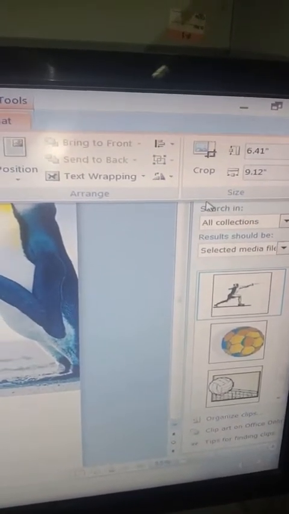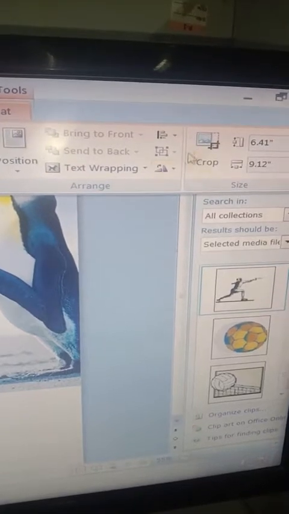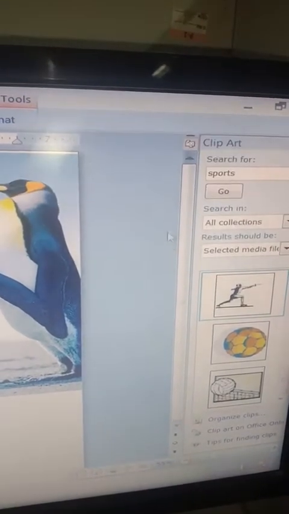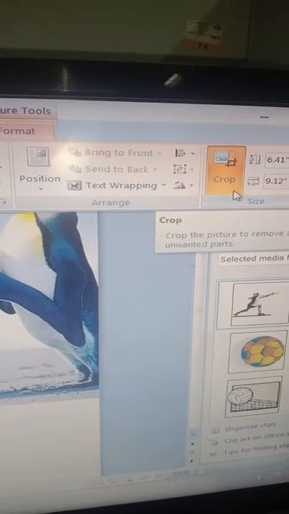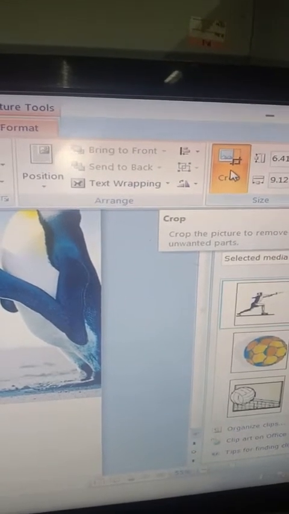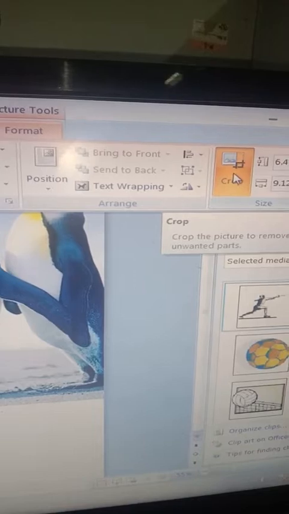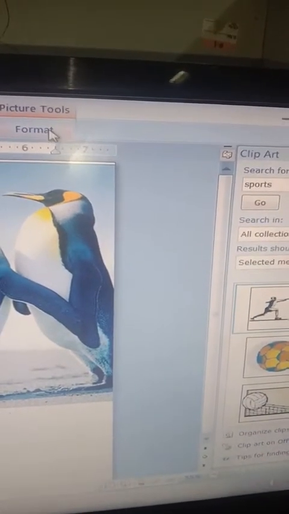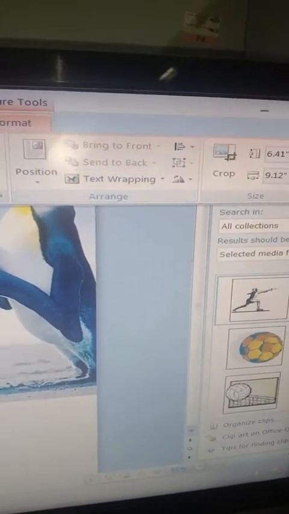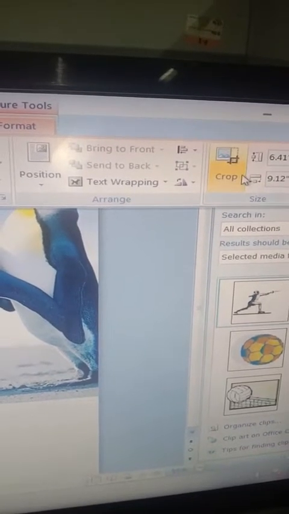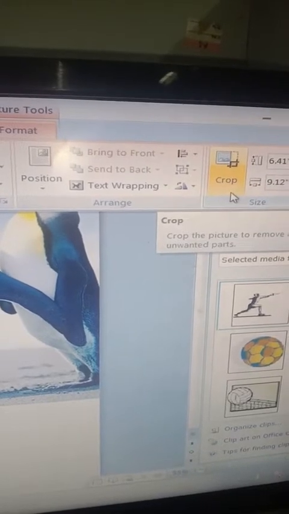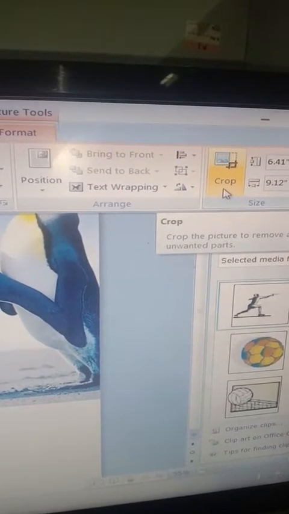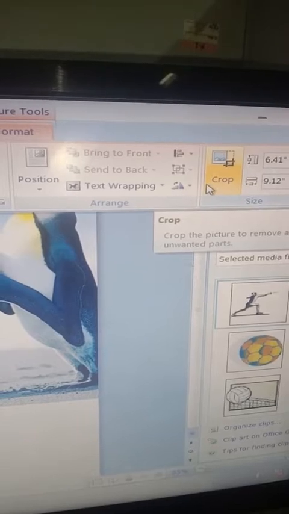Now what is a toggle button? Toggle button means once when clicked, it changes into the golden color. This means that the toggle button is on. And if I click it another time, it will get off. Look over here, it got off, and now the color of the crop button is the earlier one. So this is a toggle button. Toggle button means once when clicked, it becomes on, and another time it is clicked, it becomes off.